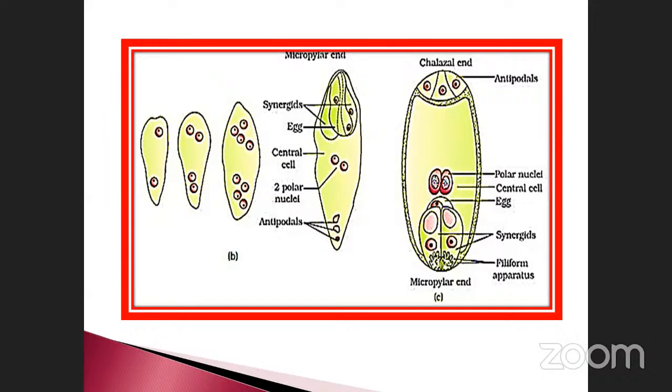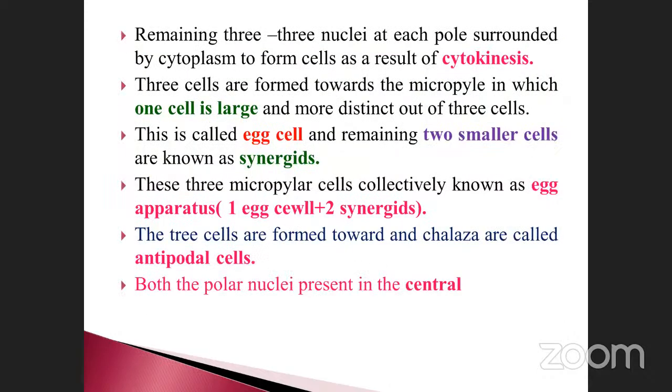So from here, there is a small protruding structure, isn't it? This is called the filiform apparatus. This is also very, very important. The filiform apparatus allows the pollen tube through this way to reach the egg cell. This is the way. I will show you the next diagram, you will understand. See here. These are the things. The remaining 3 nuclei at each pole are surrounded